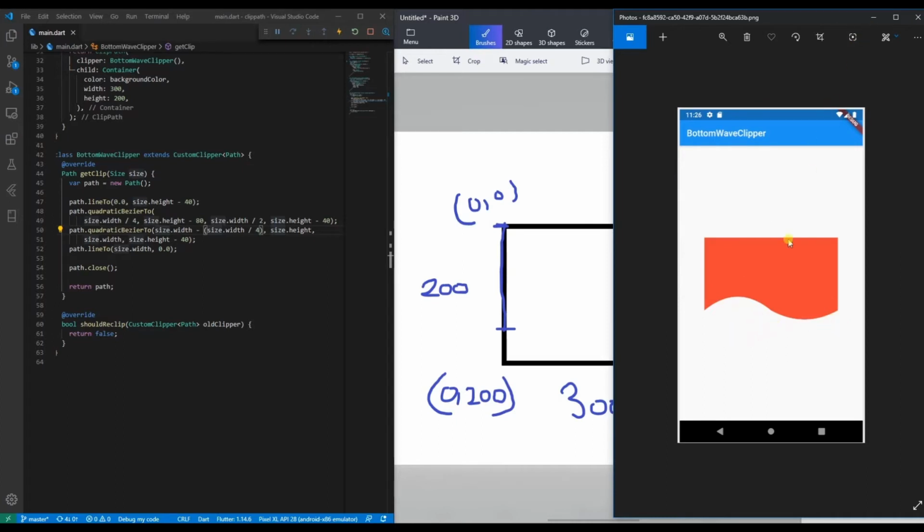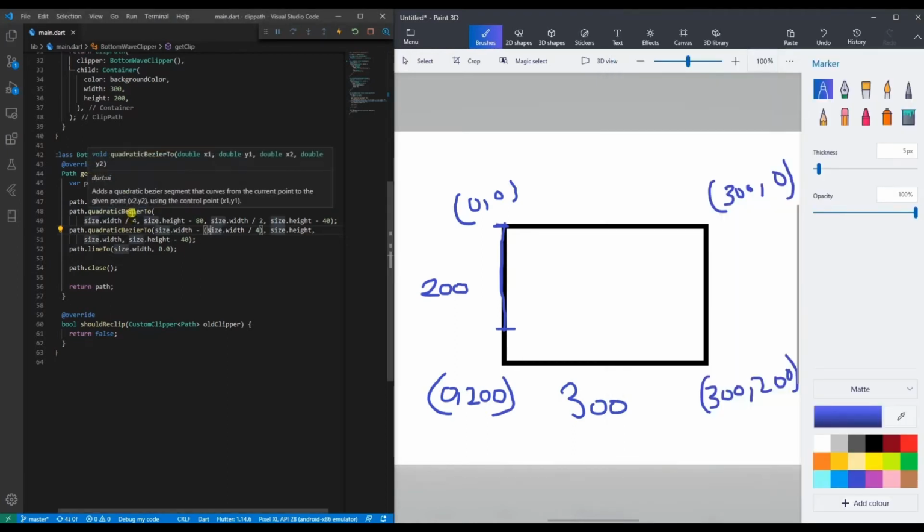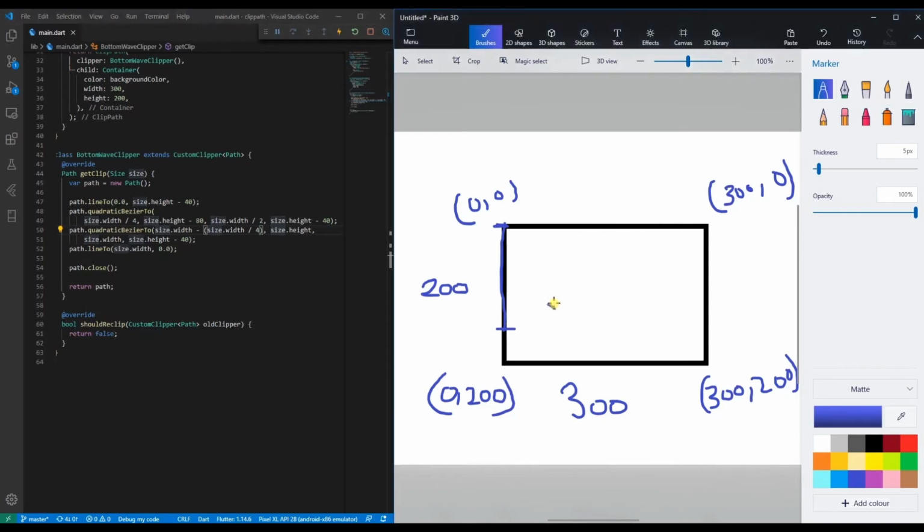This half part of the curve is called a parabolic curve, the whole curve is called a cubic curve, and Bezier curves is the concept which you can Google and understand more about it. Bezier curves take something called control points, x1 comma y1 and x2 comma y2. So basically, when I provide 2 points, we are drawing the curve like this. This will be the x1 comma y1, and somewhere over here it will be x2 comma y2.